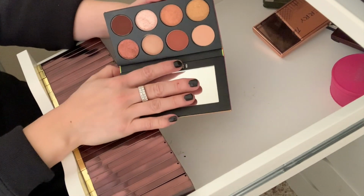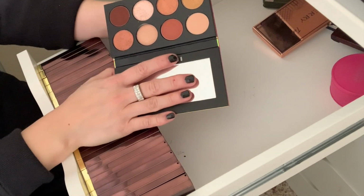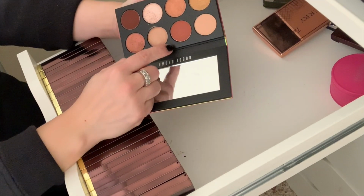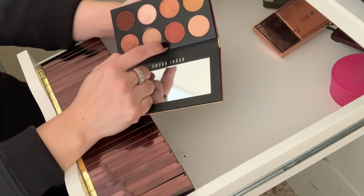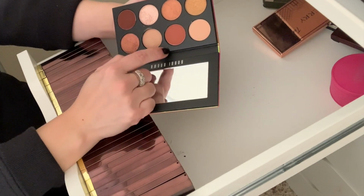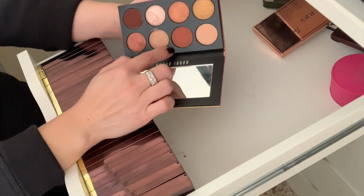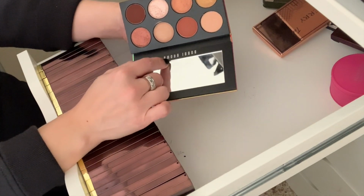Then we have the Bobbi Brown Infrared. I really like this palette. I thought the shadows worked really, really well. I feel like I had maybe a little bit of an issue with one of these mattes. Was it this one? One of these didn't blend out that great, but overall, this palette is so much better than a lot of other Bobbi Brown palettes that I've used,